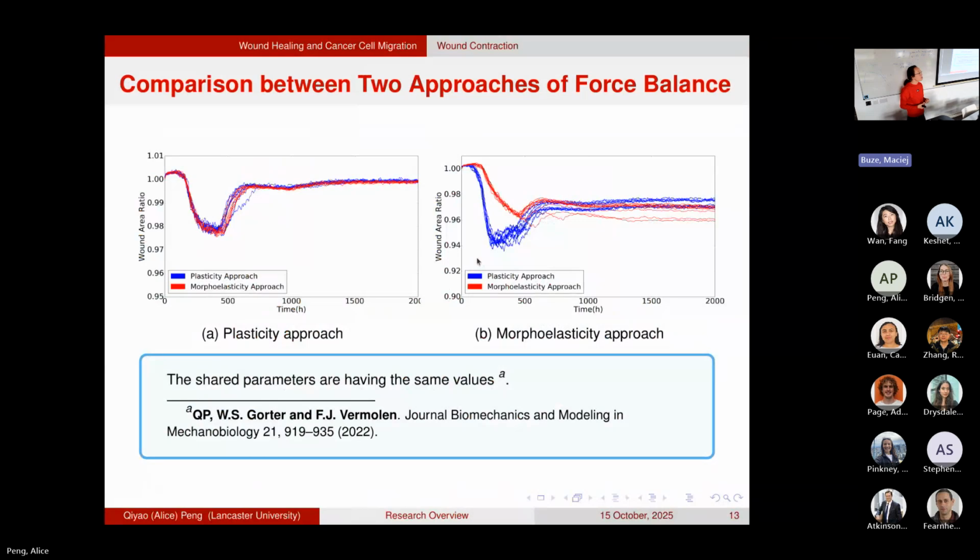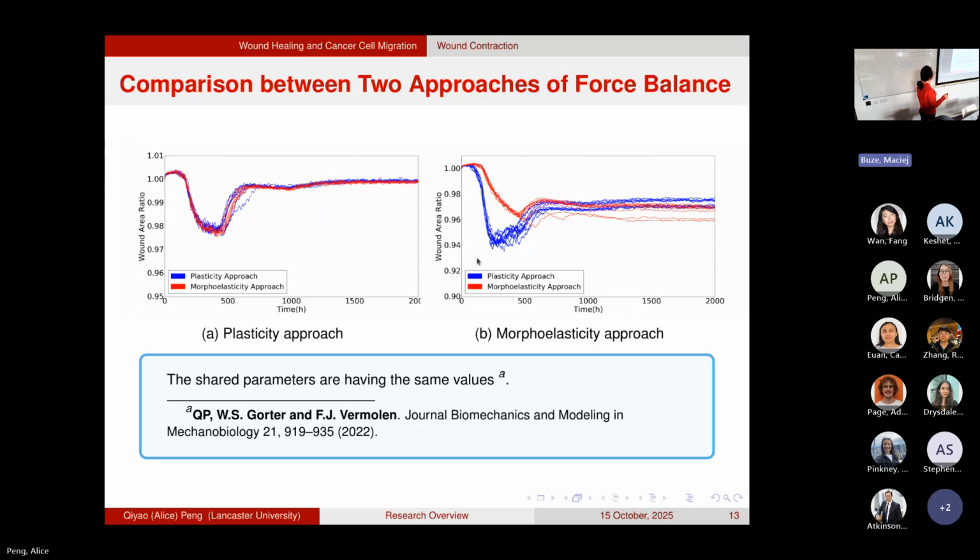We also did some comparison between these two different approaches to model the contraction of the wound. For now, this comparison mainly stays at the numerical simulation level, but we are already quite happy with the results. For example, if you consider there's completely no contraction, no residual forces, then these many curves, in different colors, are aligned with each other quite well. And if you consider that there is still contraction after removing all the cells, for the long term,